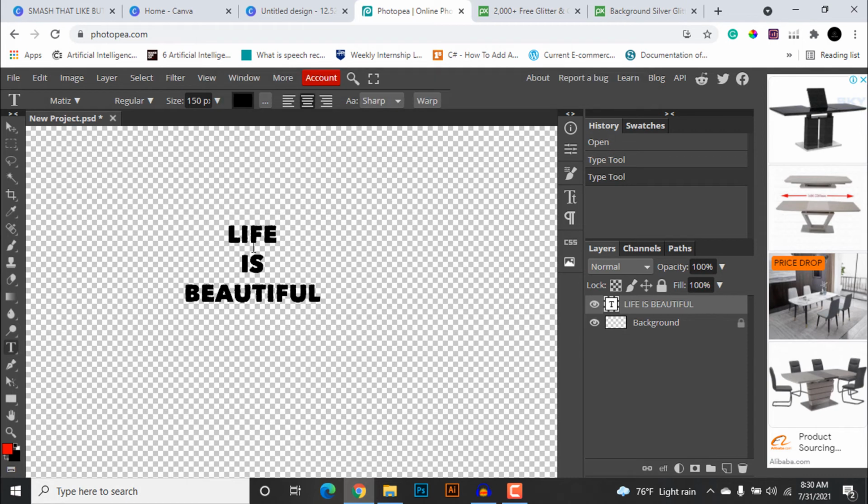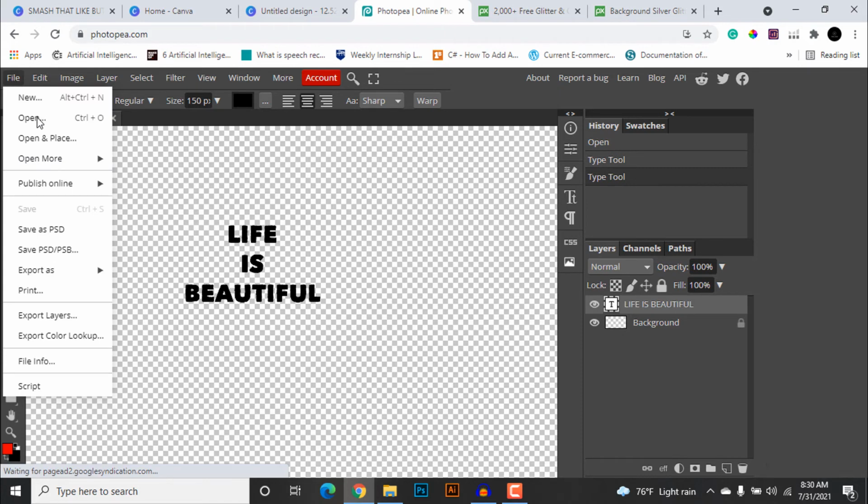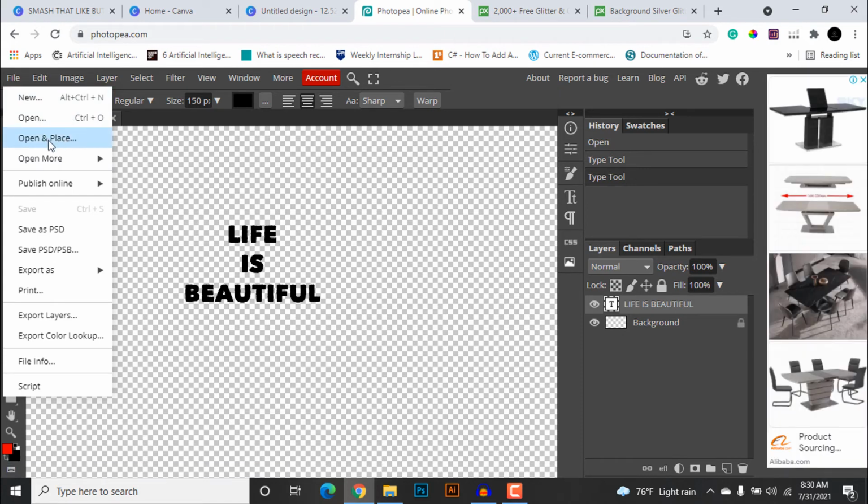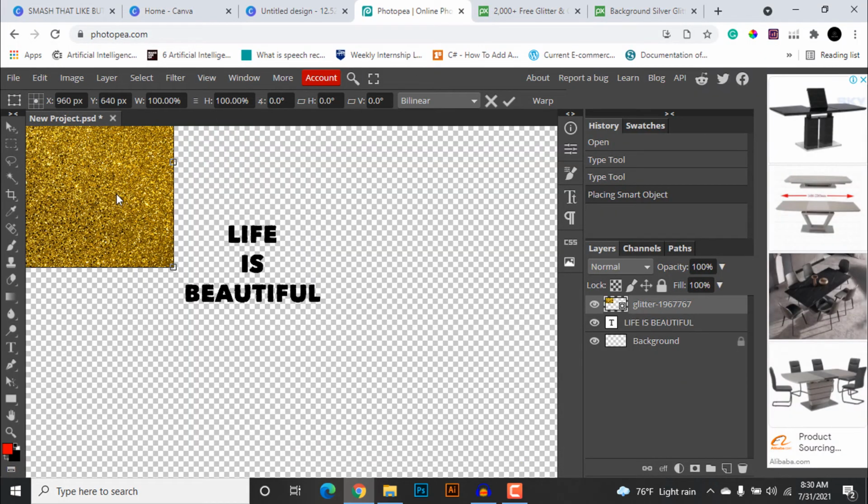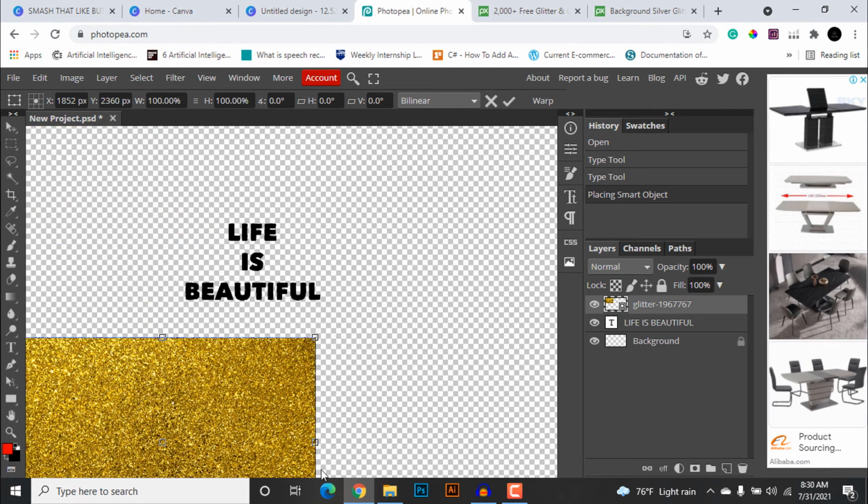So now after you have written your text, what you are going to do is go to this file tab and click this open and place tab here. After you click that, select one of the glitter that you have downloaded from Creative Fabrica or Pixabay. So upload your glitter to this website.